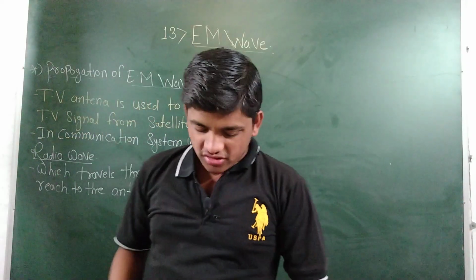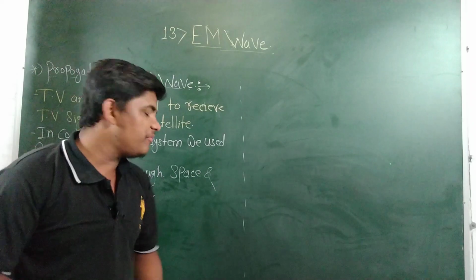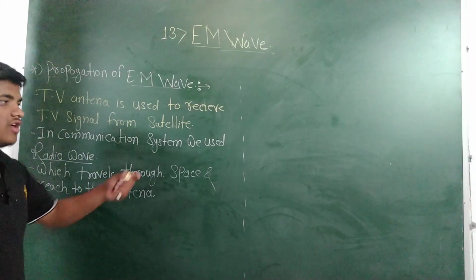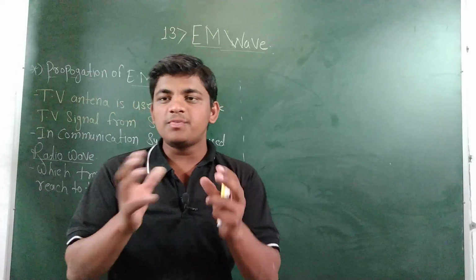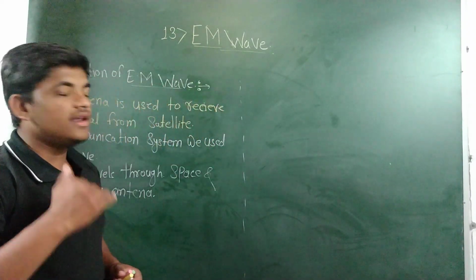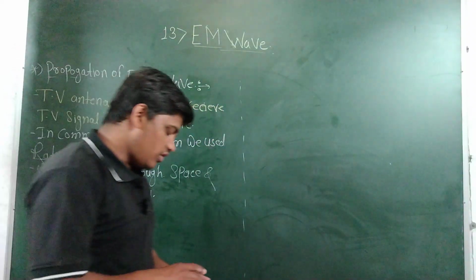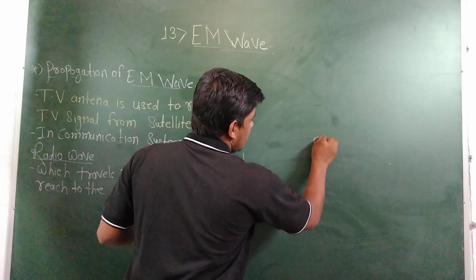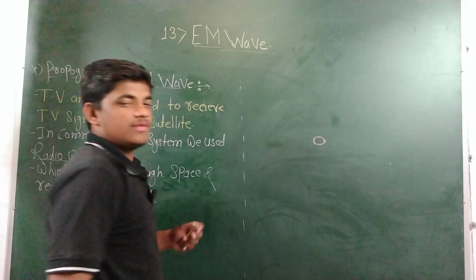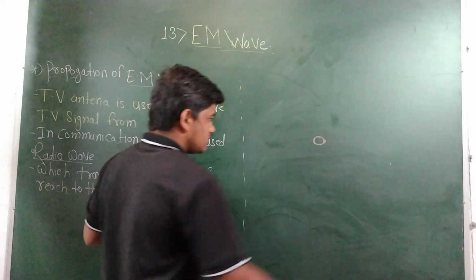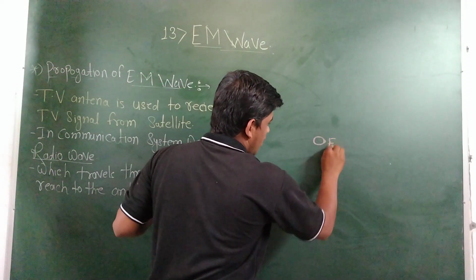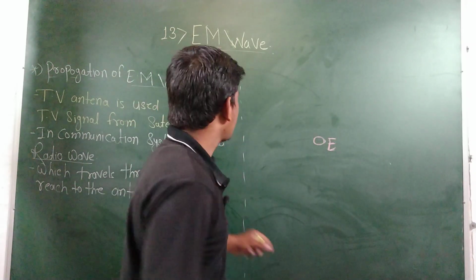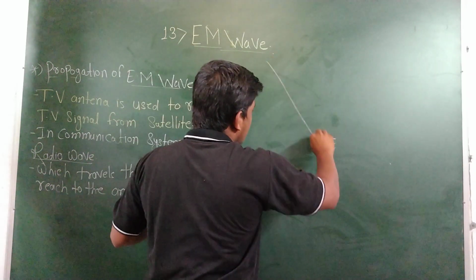For a deeper study of the propagation of electromagnetic waves, that is radio waves, we discuss some spheres or layers around our earth's surface. Then I will draw a diagram here. This is the earth, which will be the smallest in the diagram. I will note E as the earth. Then I will draw the different layers here.